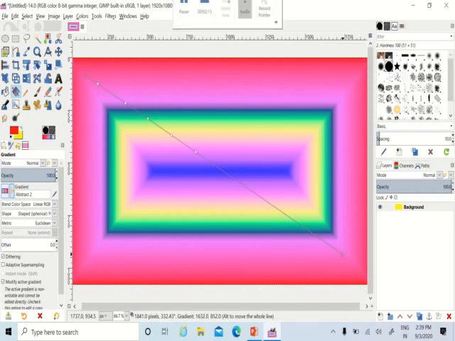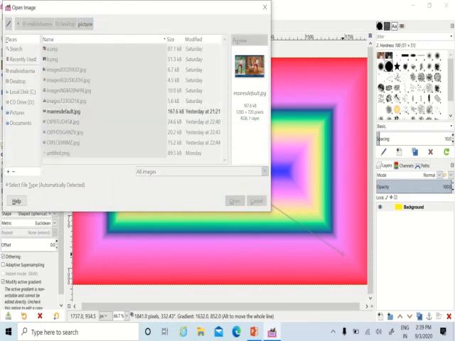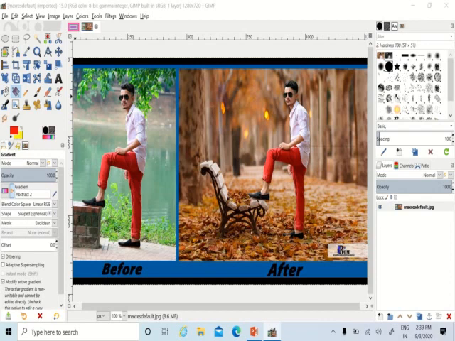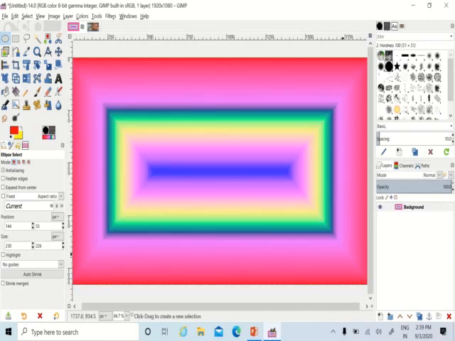Now children, I am opening some pictures, like I am selecting this one. You can see your canvas as well as your pictures. Now I am selecting the first option, ellipse select tool. If you want to select your picture in this shape, then you will select this option and press Ctrl C. And if you want to make a collage, or if you want to paste the selected part of your picture on any other canvas, then select your canvas and press Ctrl V.